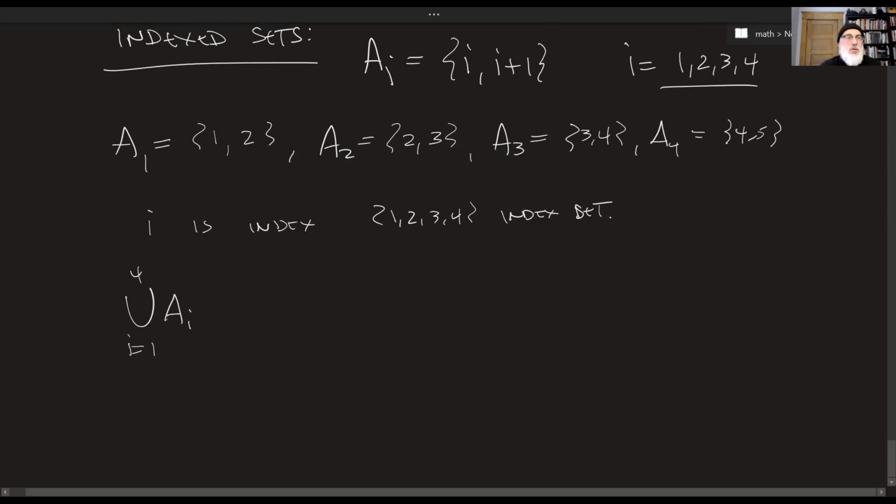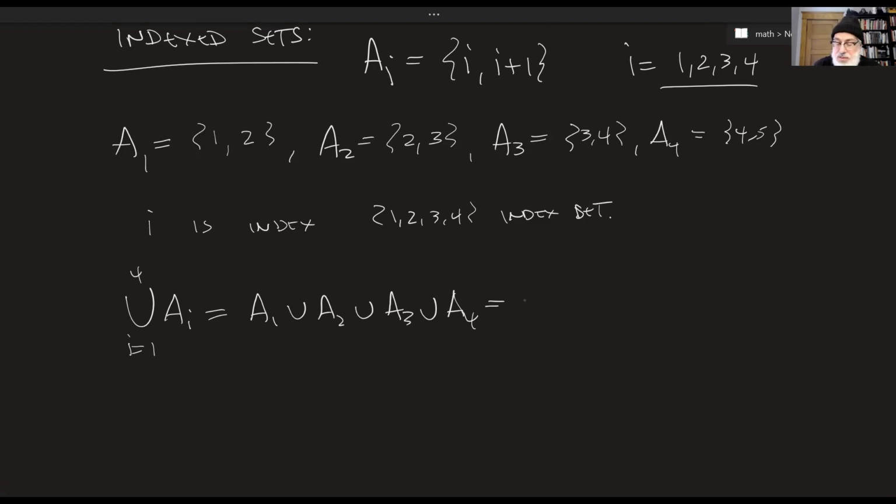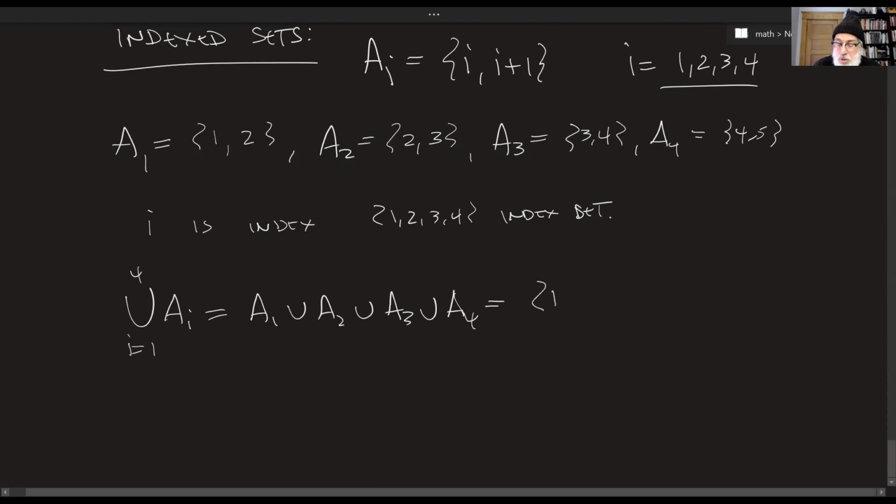It says take the union of A sub I's from 1 to 4. The literal translation of this is A sub 1 union A sub 2 union A sub 3 union A sub 4, which if we look at our A sub 1, 2, 3, and 4 above, we can see that this will equal 1, 2, 3, 4, and 5,